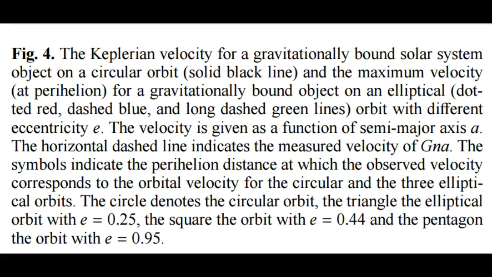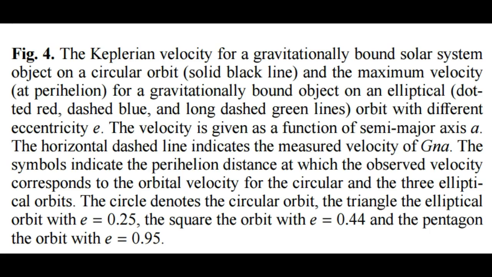The horizontal dash line indicates the measured velocity of GNA. The symbols indicate the perihelion distance at which the observed velocity corresponds to the orbital velocity for the circular and the 3 elliptical orbits. The circle denotes the circular orbit. The triangle, the elliptical orbit at E equals 0.25. The square, the orbit with E equals 0.44. The pentagon, the orbit with E equals